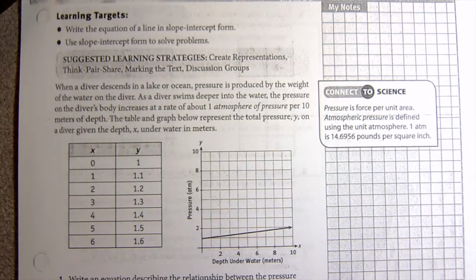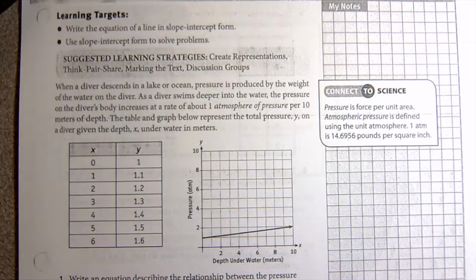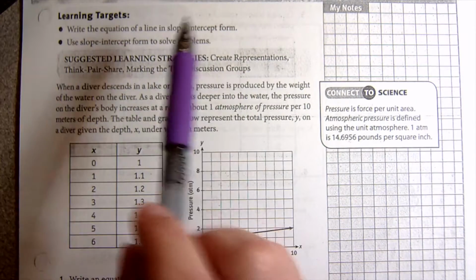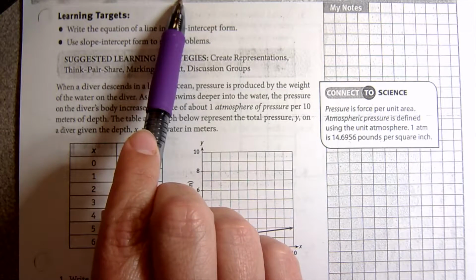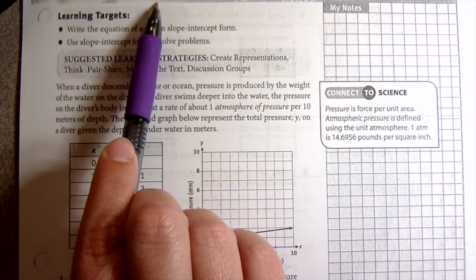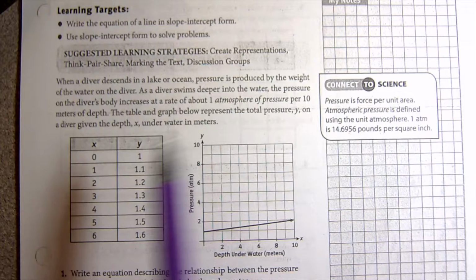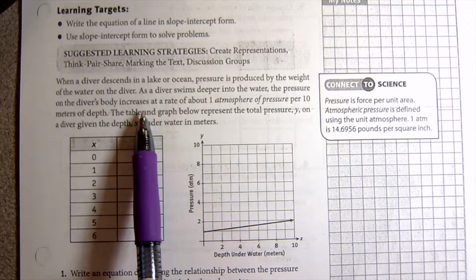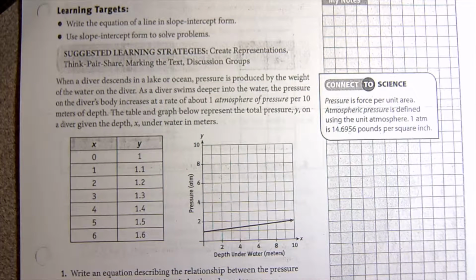Last week we talked about slope and rate of change of a line. We looked at some graphs, we looked at tables, we looked at function rules. So today we're kind of putting it together into slope-intercept form, which is going to come up a lot, slope-intercept form. So it says, when a diver descends in a lake or an ocean, pressure is produced by the weight